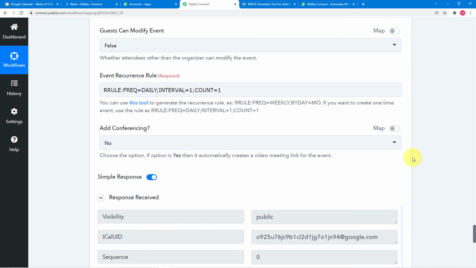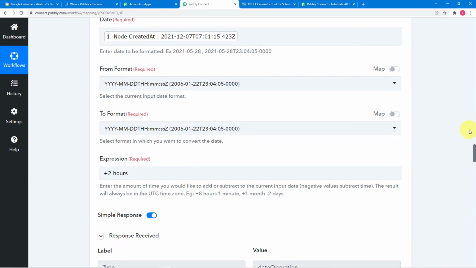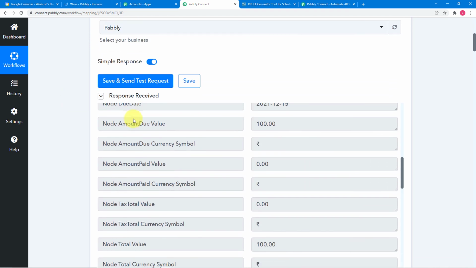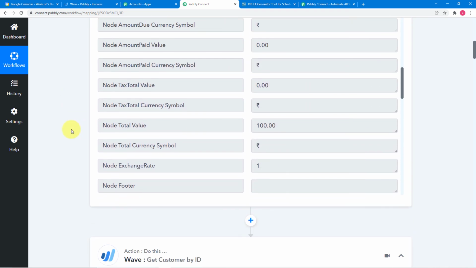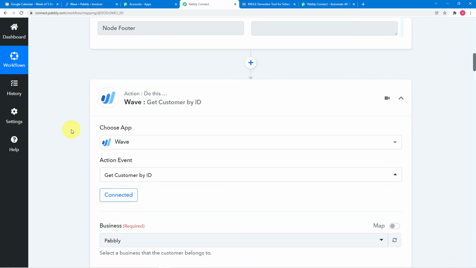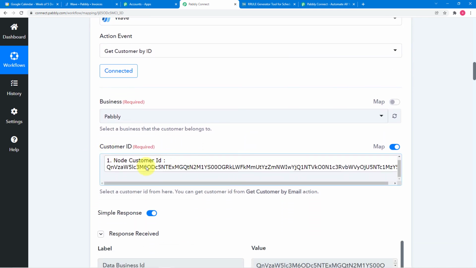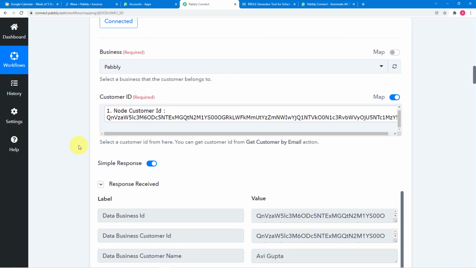Now let me give you a quick recap of what we have done here. First of all, in this trigger window, I connected the Wave application. Then we captured the data of a new invoice created here in Pabbly Connect. After that, we got all the contact details of the customer by using this customer ID, which we have created in the first step.